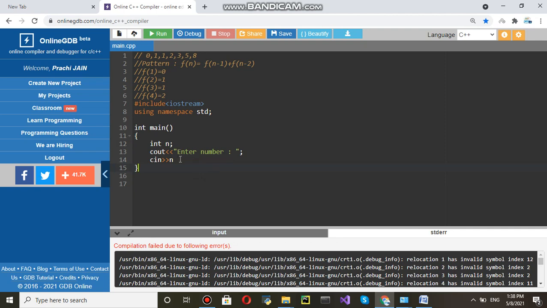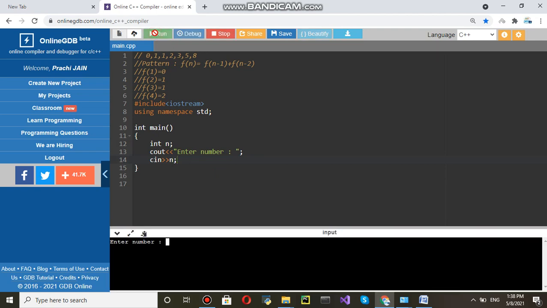Don't forget to write the semicolon. Suppose if you run this, let's see what is going to happen. Enter number. If you enter 5, nothing will come. Then, program finished with exit code 0. It means the program is running successfully, but we are not getting anything.